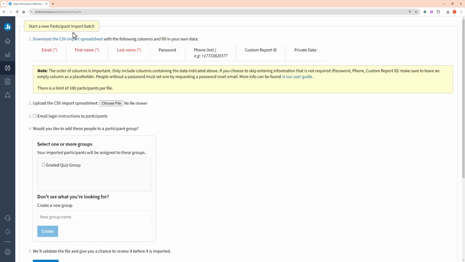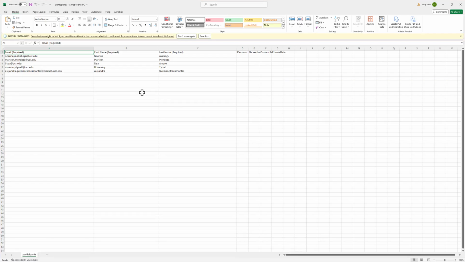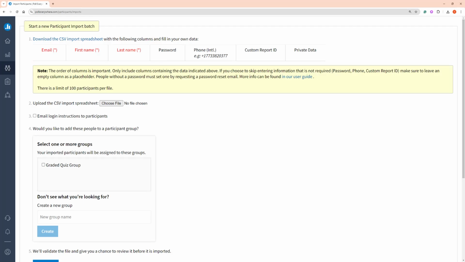start a new participant import batch. You're going to want to download this CSV import spreadsheet. And what that looks like is this. You can see here, the only thing you really need to put in is the emails, then the first name and the last name. Once you've done that and saved it, you come back over here to your Poll Everywhere account and choose the file here,